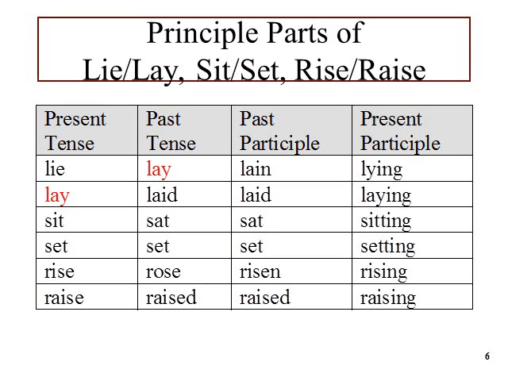These others, sit, set, rise, raise, pretty straightforward, but do take a look at their principal parts. Sit, sat, sitting, set, setting, rise, rose, risen, rising, raise, raised, raising. This one is the only one that looks like our regular verbs that we've been working with. All the rest of these are not only unusual words, but can often be messed up when they're used. Let's take a look at the rules.